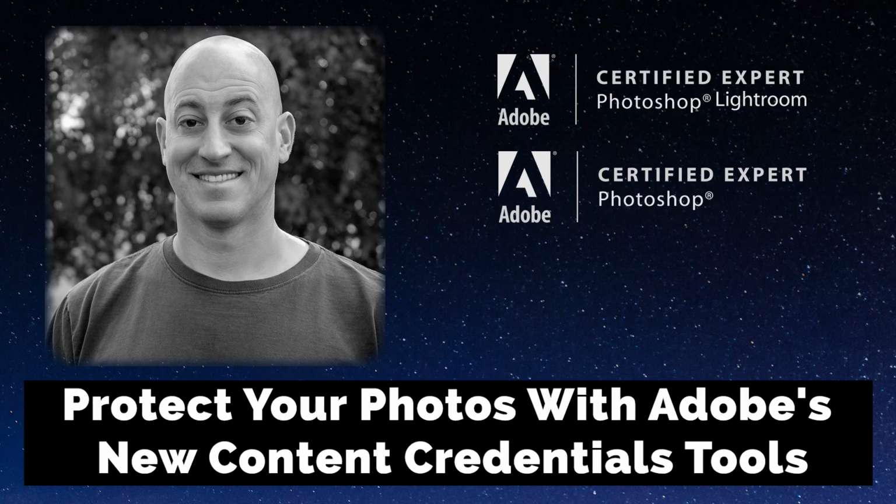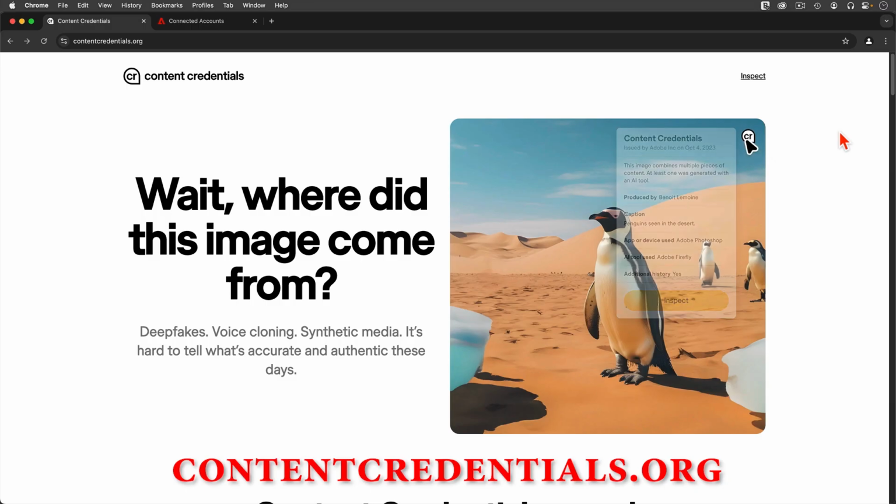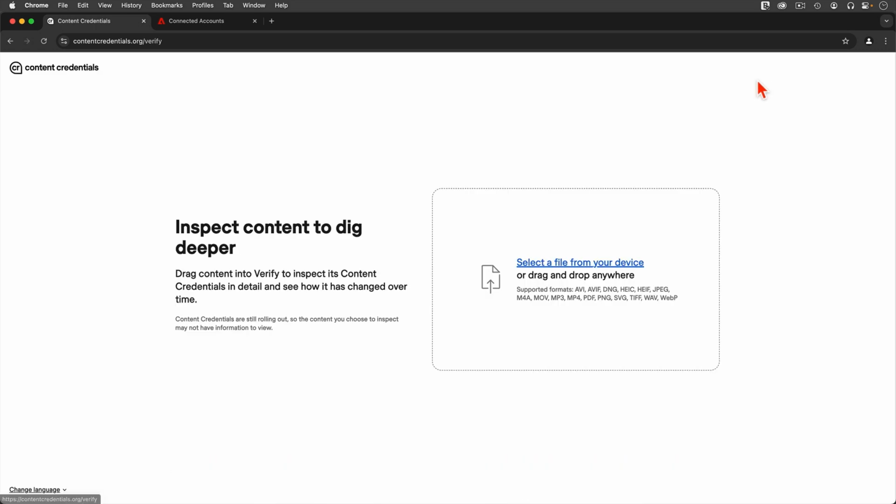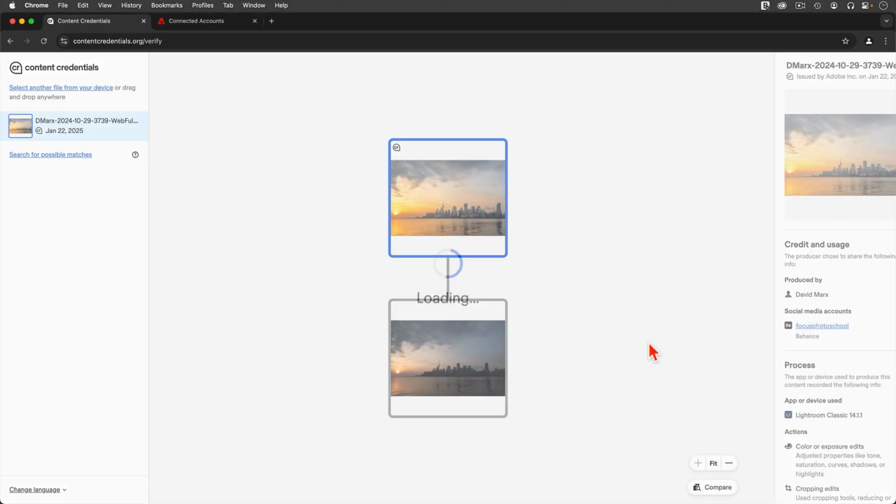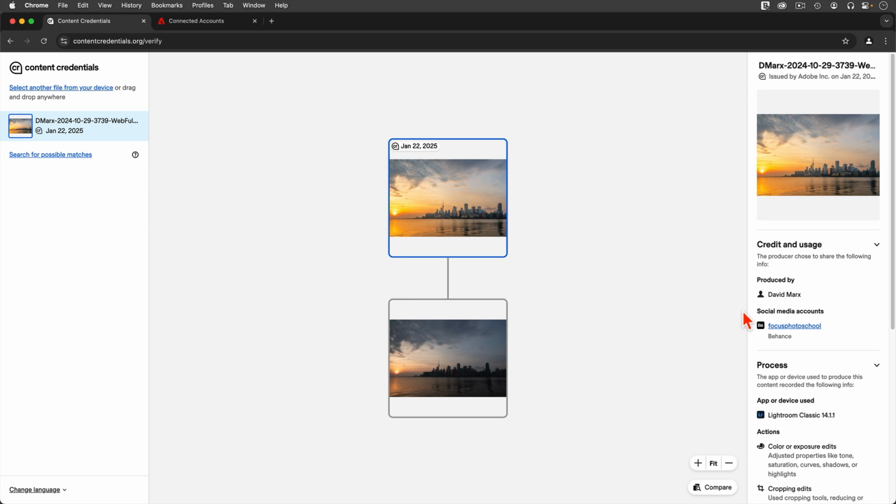Every day, any photographer who shares their images online faces the risk that their artwork will be used somewhere else without their permission. To address these challenges, Adobe and its partners have been working on a strategy called the Content Authenticity Initiative. If protecting your work interests you, then follow me over to Lightroom Classic and let's talk about the